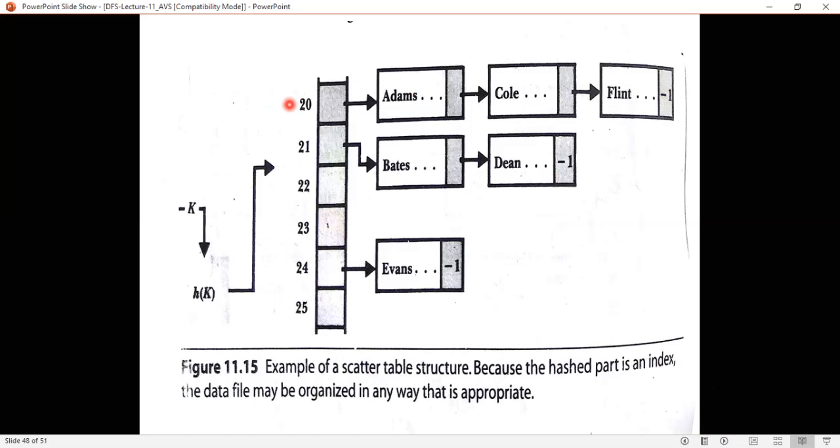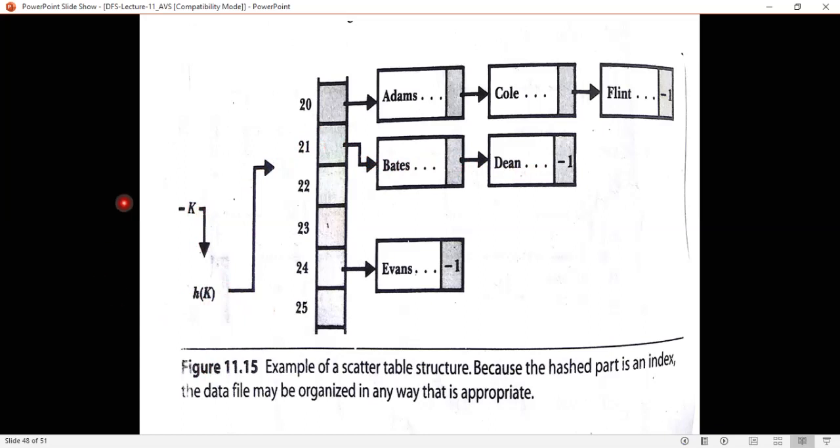How is it arranged? See, when you have a key K, you will apply the hash function to K to generate a value, that is the home address. If the home address is, say, 21, you will go to index 21, which will point to the list of synonyms, and you can search for whatever you want. For example, you want to search for Flint.